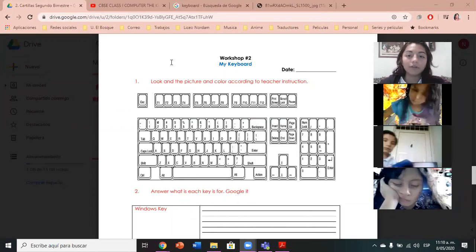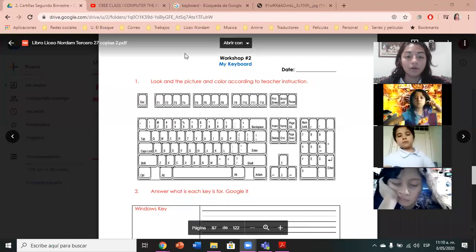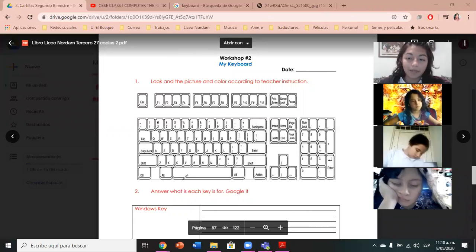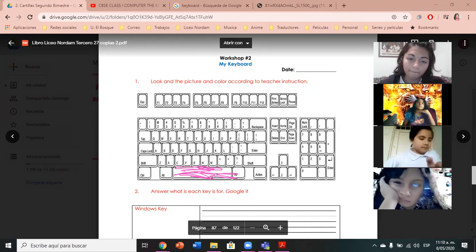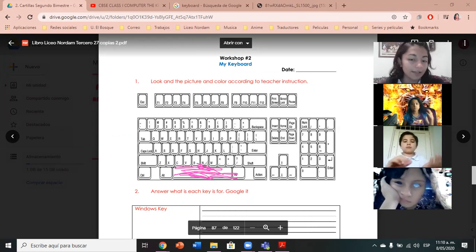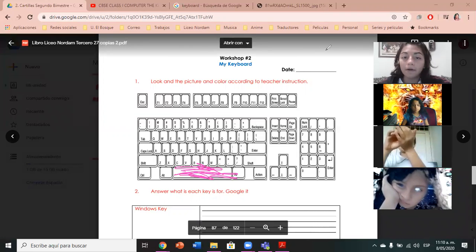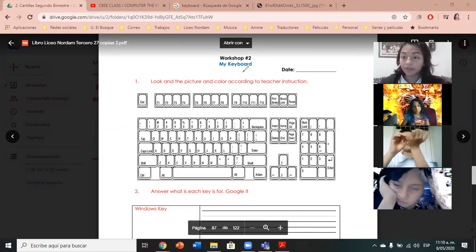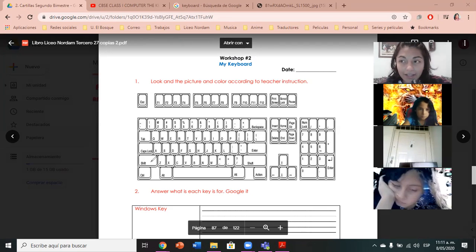So you're going to color, van a colorear, you're going to color the space keyboard, la letra de espacio. Okay? That's the idea, esa es la idea. So we are going to start, empezamos with the keyboard con la letra que les voy a decir. Okay, with the keyboard that I'm going to say. Okay, so the first key, la primera tecla, the first key that you're going to color, que van a colorear, is the key,